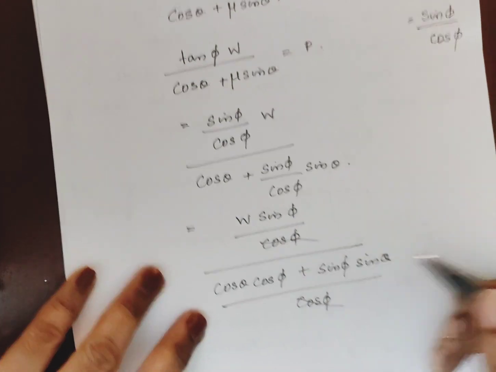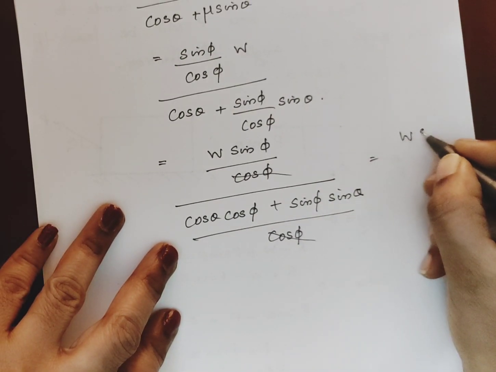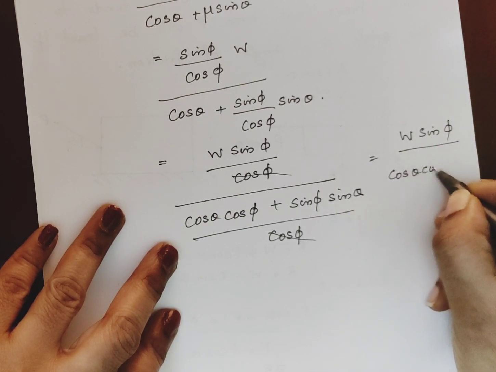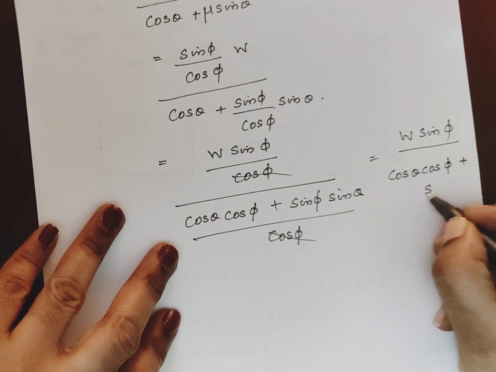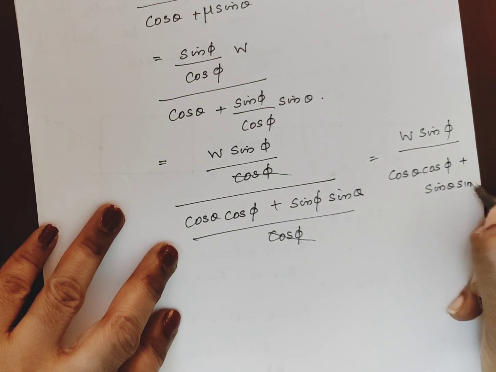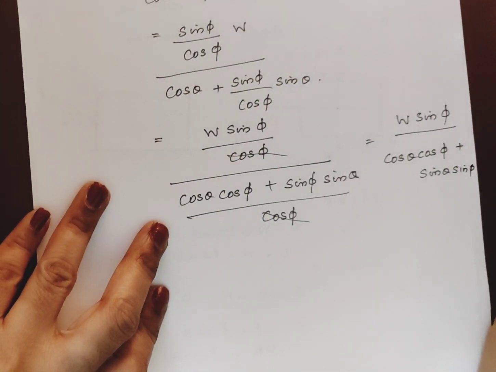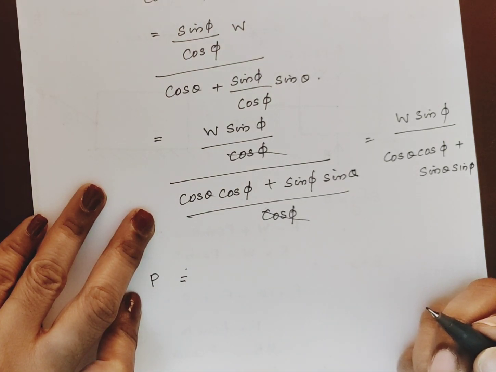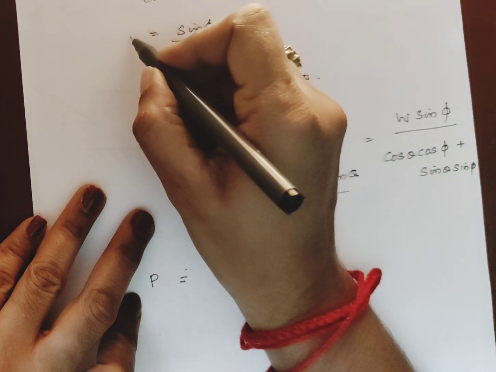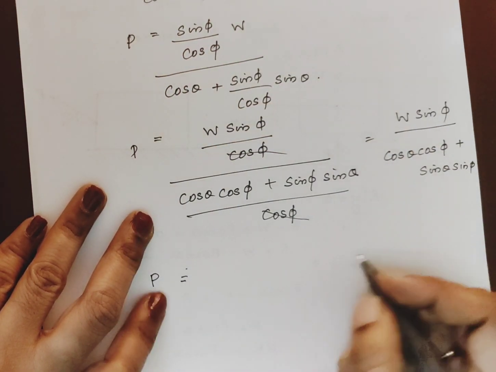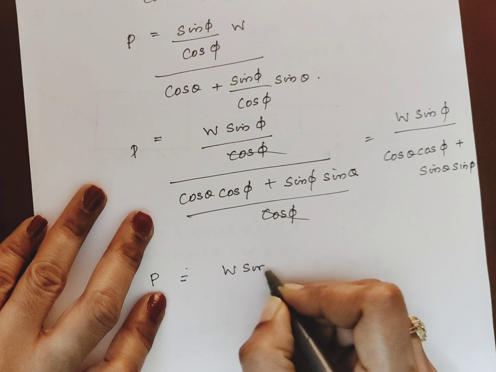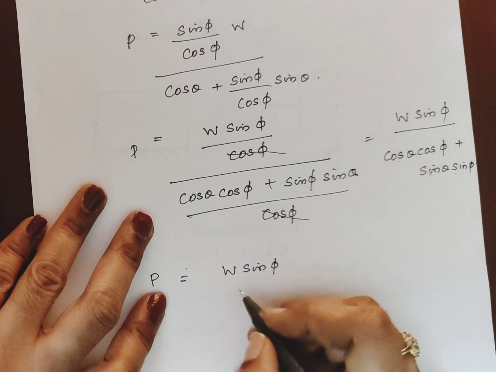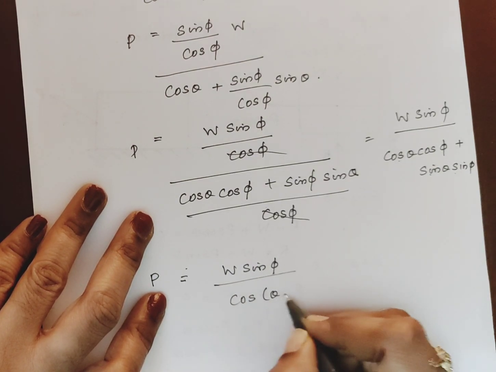So cos phi gets cancelled. You are getting W sin phi divided by cos theta cos phi plus sin theta sin phi. So here onwards P is equal to